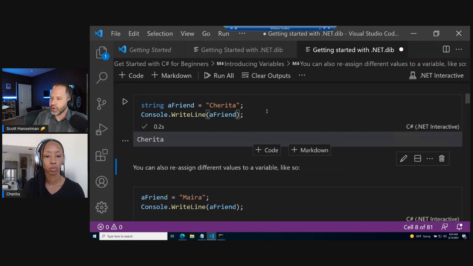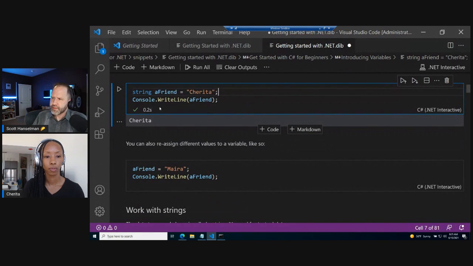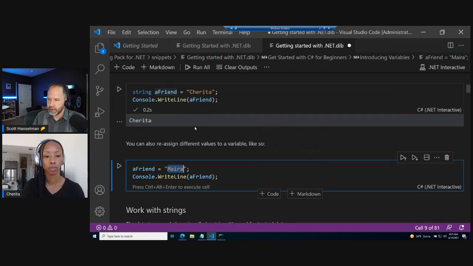There you go. And that worked right there. So this string, a friend, we've declared that string exists right here. Okay. We've declared that string exists. And now from this point down, it's going to keep existing. So here we said there's a string called a friend. Now down here, we can add another friend,